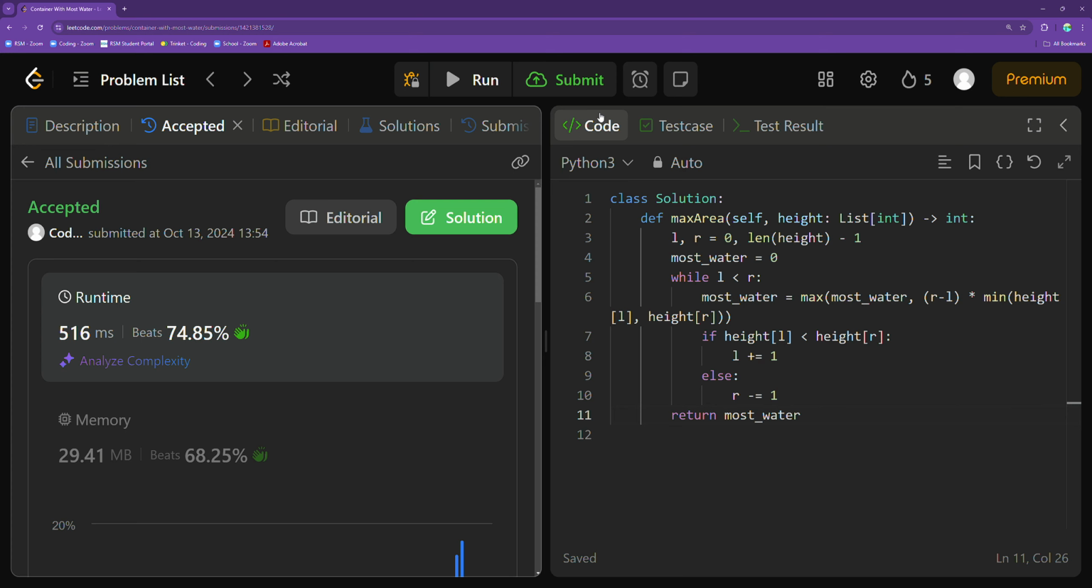I feel like I haven't explained line 6 as well as I could, so I'll just reiterate what I was talking about before. Again, this is where we're calculating the area of the container formed by the two lines or pointers or endpoints, if you will, of the current window, L and R. R minus L is going to give us the width of the container. And the minimum of height at L and height at R, the two heights of our endpoints of our window, is going to give us the height of the container,